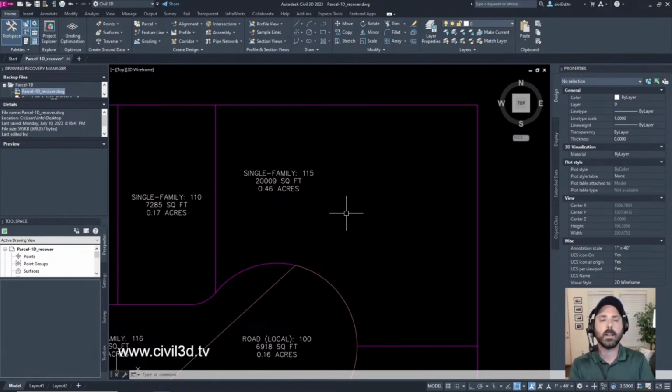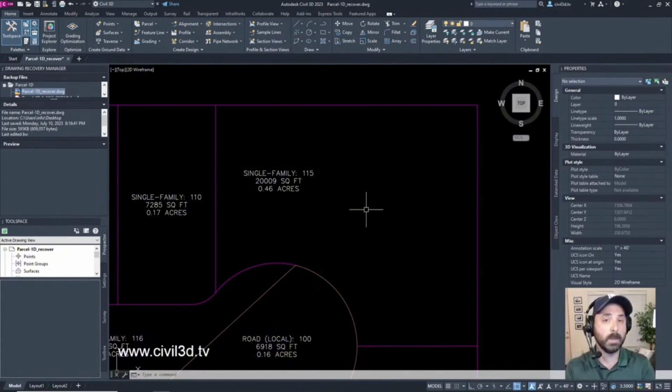Like I said before, originally with the interface, Civil 3D is built upon AutoCAD tools. So you've got your AutoCAD tools, and then you have your Civil 3D tools that are built on top of that. And I think that sometimes there might be a little bit of conflict when you're trying to get a result, especially when you have this huge file that you're dealing with, especially with surfaces.